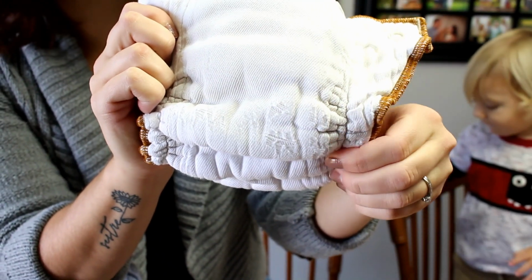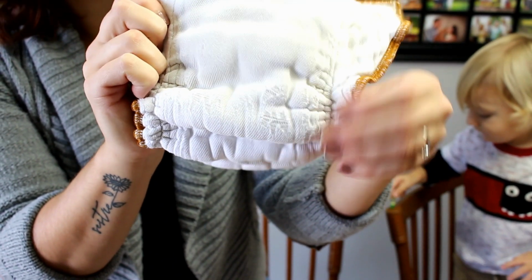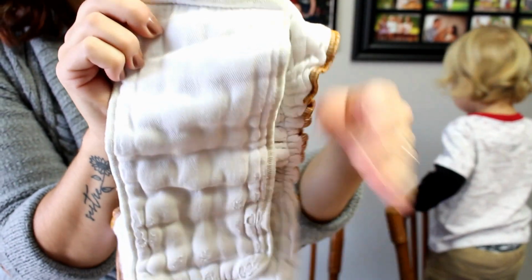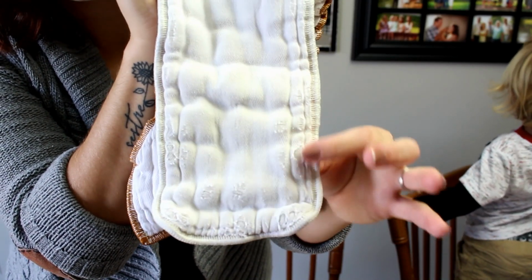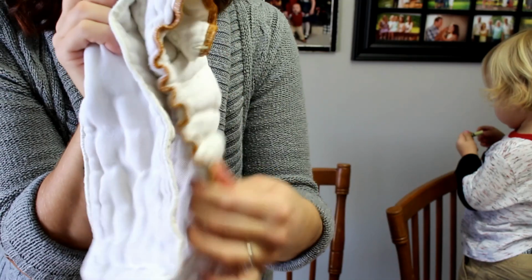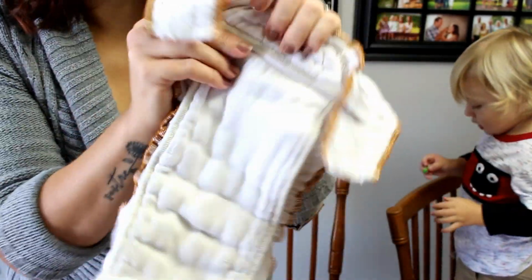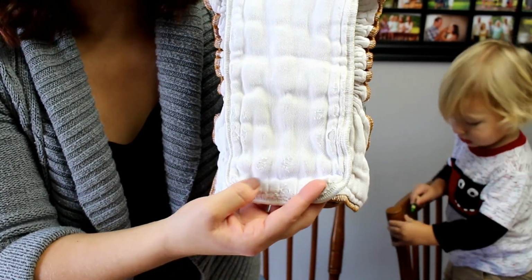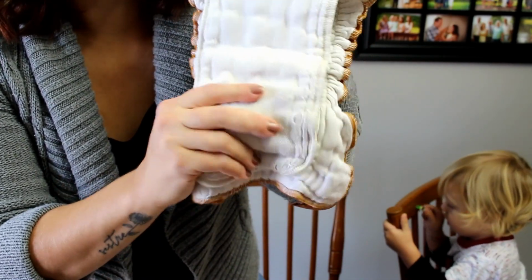You can see, hopefully, there's definitely some wear going on around the leg section here, and also on the inside on this little flap here, you can see some wear all around the edges. But the elastics are still awesome, the snaps all still work, everything else is looking really good. This is just like your typical fabric that's been washed a million times, it's going to have some kind of wear on it, and these ones definitely